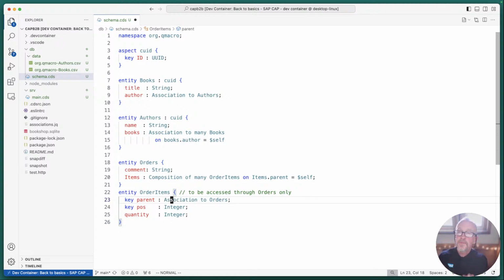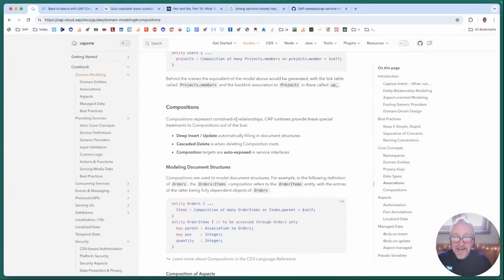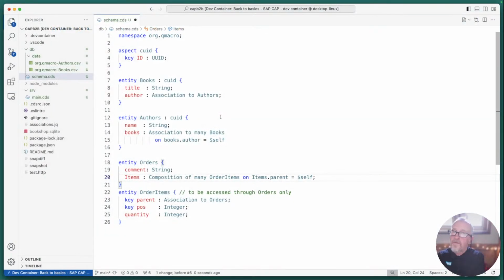It's very similar to association to many. Remember, we had the books and authors association, the backlink association, where we said, for example, association to many books on books.author equals $self. We've got a similar to-many relationship, but this time it's a composition. Also note the subtle difference between the prepositions. Association to implies an existentially equal relationship between books and authors, both of which can exist independent of each other. Whereas here the preposition used is of, which implies this thing where it says contained in. So composition of should give you a clue and start your brain thinking about this header items relationship that